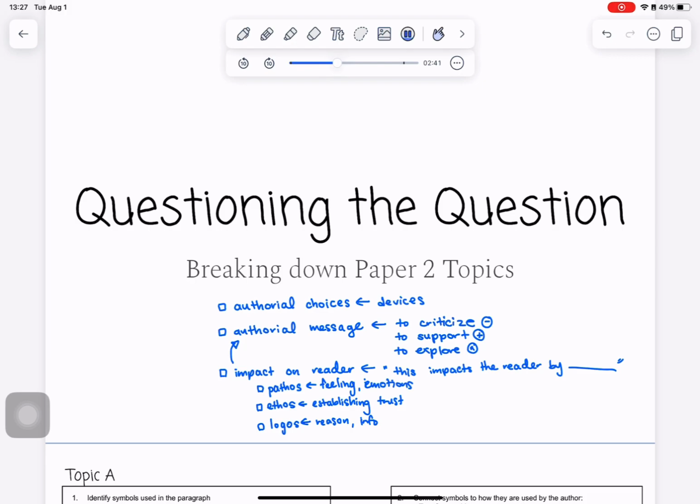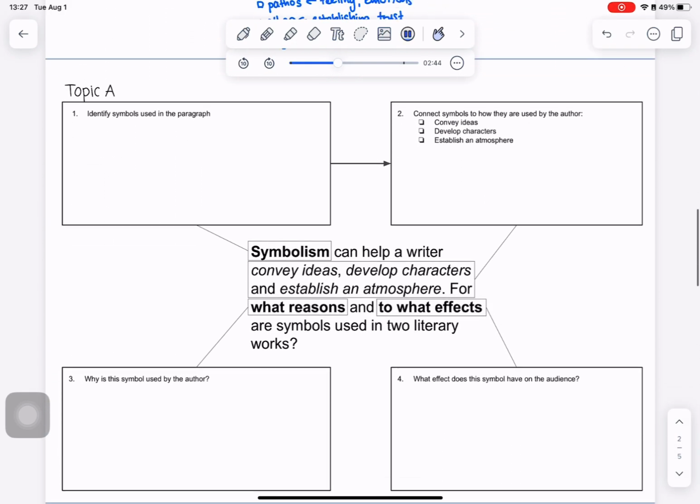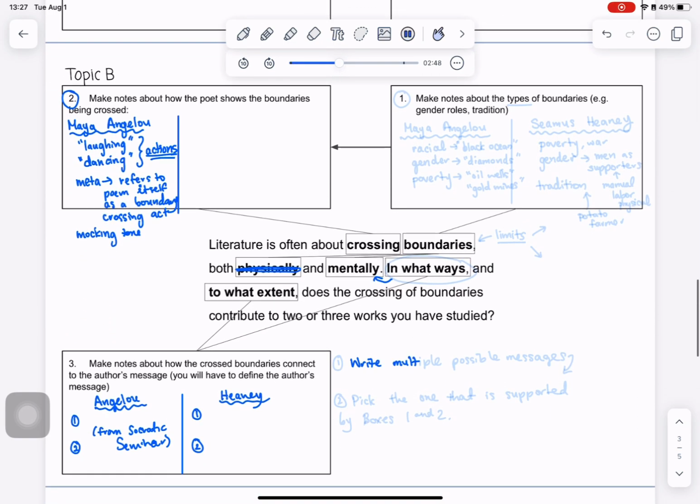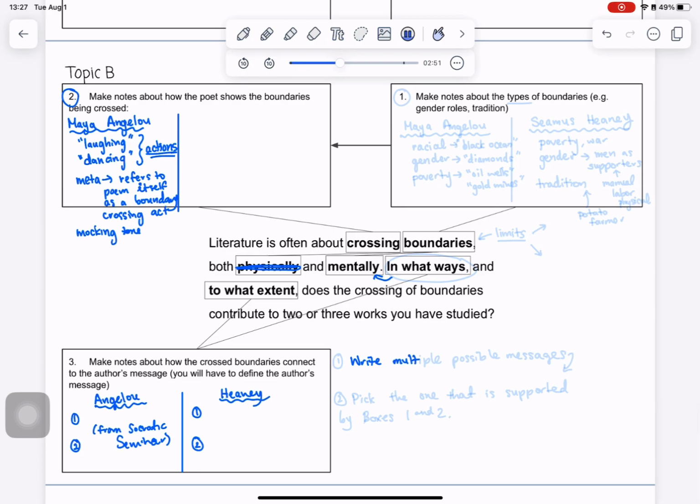Okay, with that in mind, we are now looking at our topics. Since we did symbolism in class, we're going to do topic B as my example. We talked in class about what boundaries are. I'm going to define them for my sake as limits. In this case, when I think about the limits for both, we would be going on topic 1. See, I put 1 here. So what are the types of boundaries we see? So I might make a Maya Angelou section,